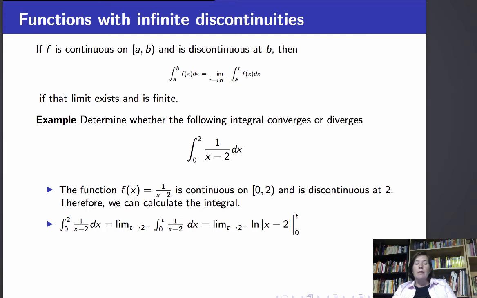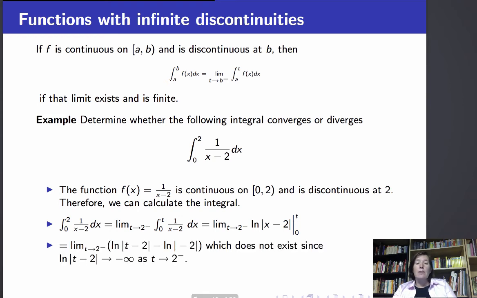And we can actually find an antiderivative pretty easily for this function and apply our fundamental theorem of calculus. This is the limit as t approaches 2 from the left of the natural log of the absolute value of x minus 2 evaluated at the endpoints of integration, which are 0 and t. So it's the limit as t approaches 2 from the left of the natural log of the absolute value of